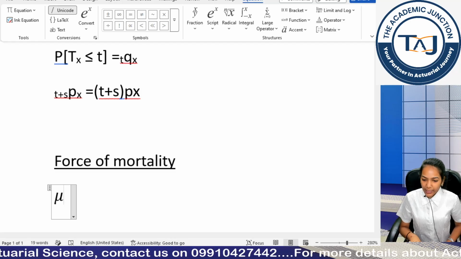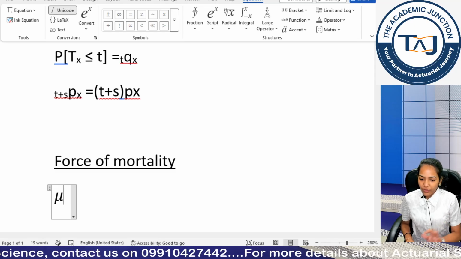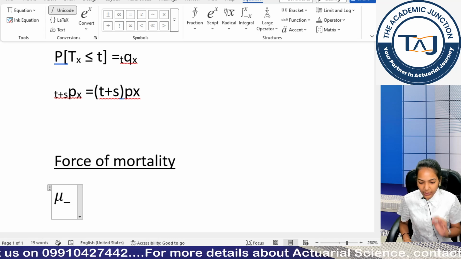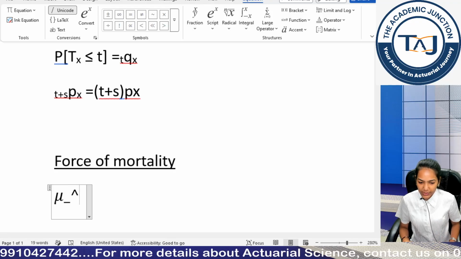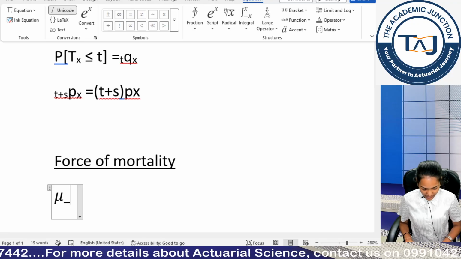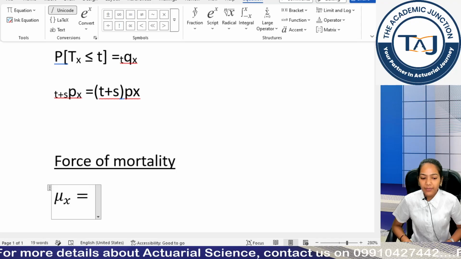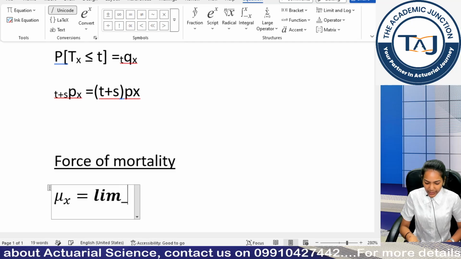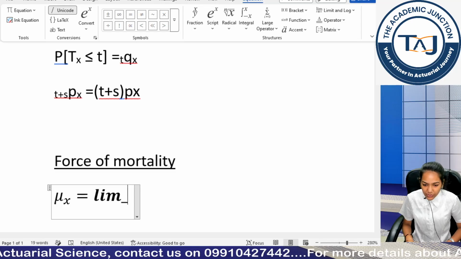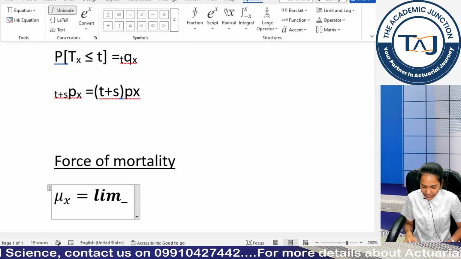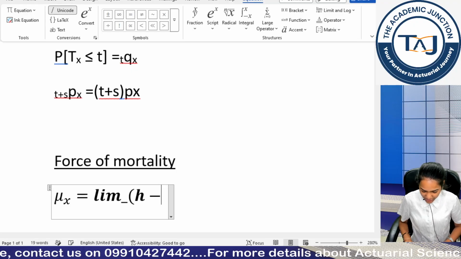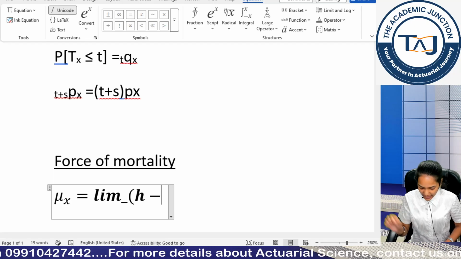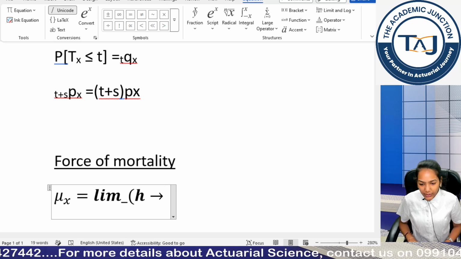Space bar. Here, for subscript and superscripts, Control Shift Minus and Control Shift Plus don't work in the equationator, that's why we use the signs. So for underscore this goes in subscript, for superscript we have this sign. So we have x, space bar, is equal to, now we have limit h tends to 0. So what I write is limit, then we have this underscore sign because we have h tends to 0, right? For h tends to 0 we have this dash sign, then we have an arrow key, it will automatically convert into an arrow.